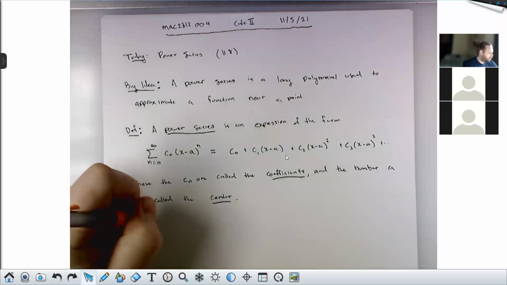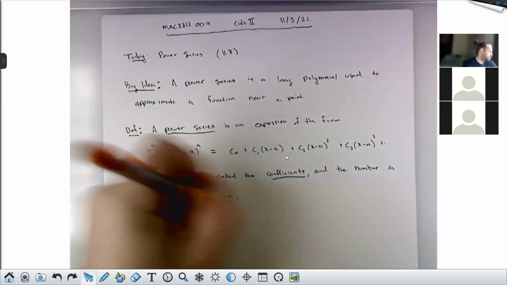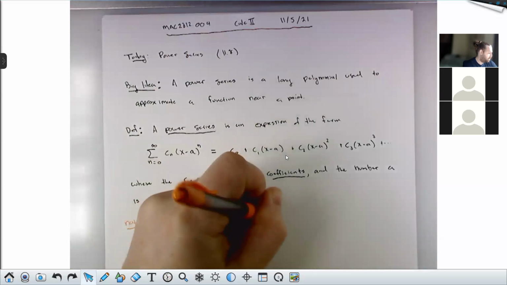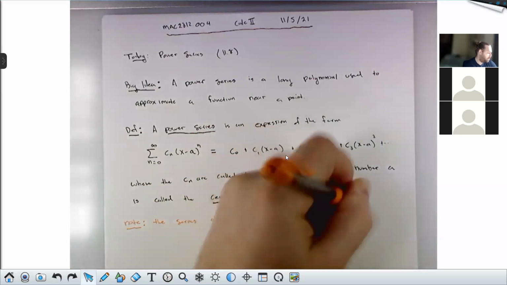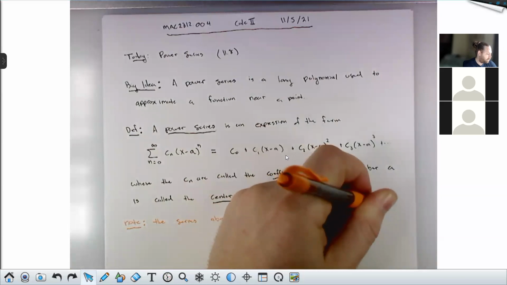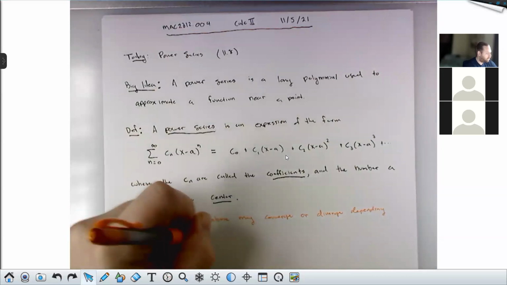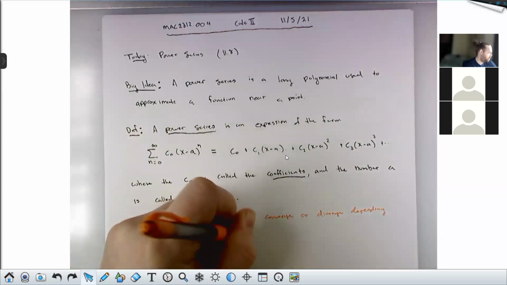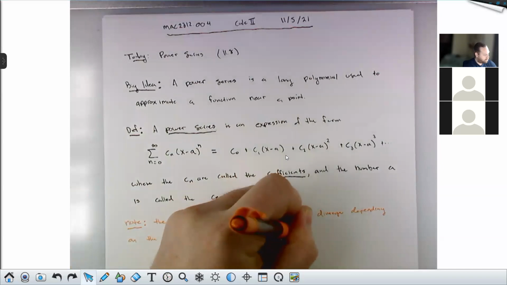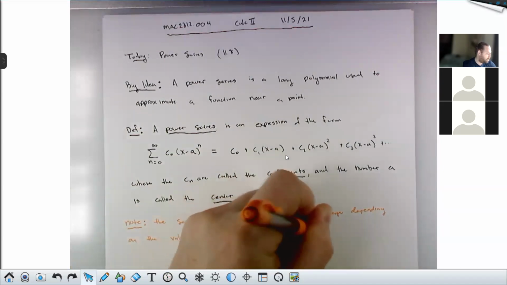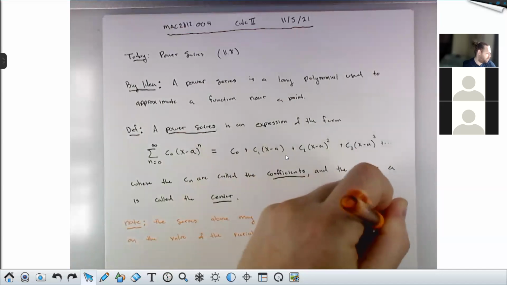So no, the series above may converge or diverge depending on the value of the variable x. If, for example, we plug in